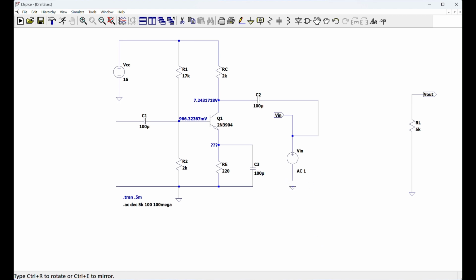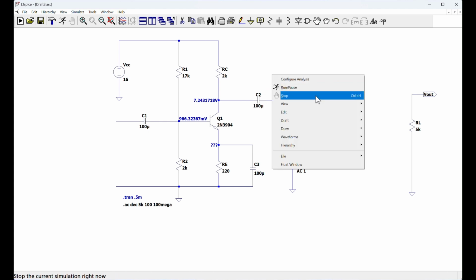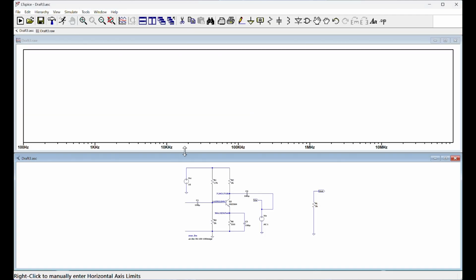We also need to place a ground here, so we'll do that. Connect it. Alright, now we're ready. Run it. All of the other settings for your source will still remain the same. Function is known, and small signal AC analysis at 1. Okay, run the simulation,